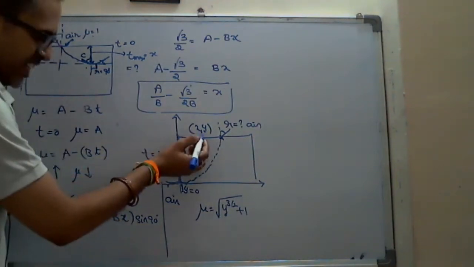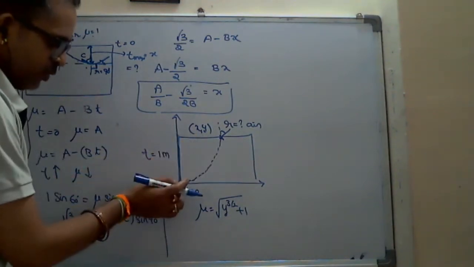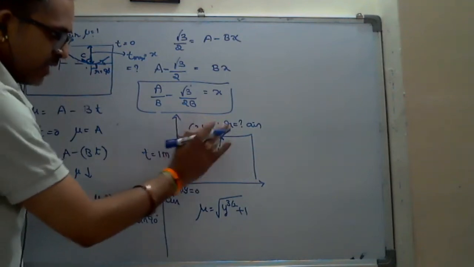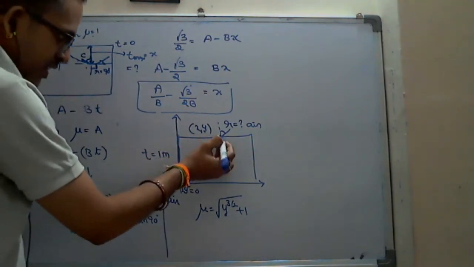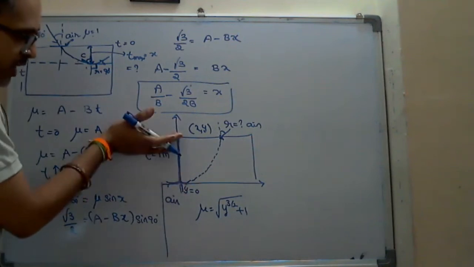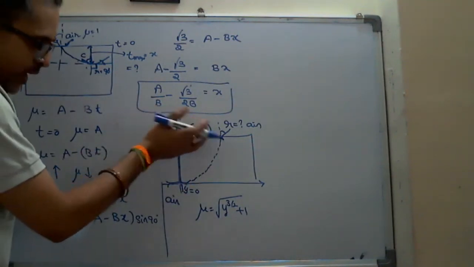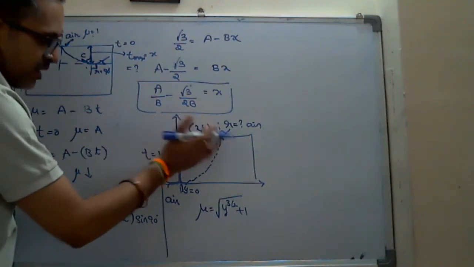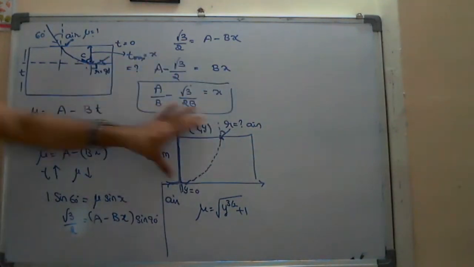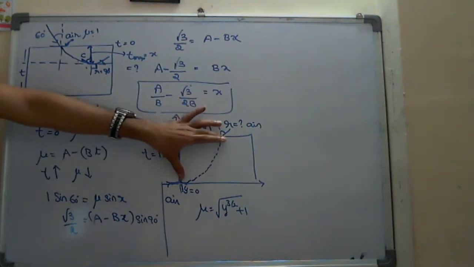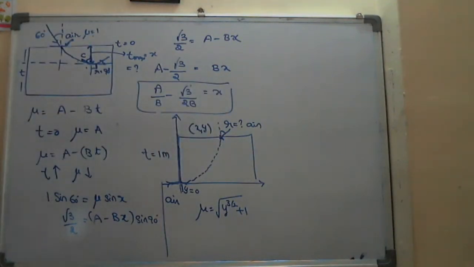To find out the coordinates, the main difficulty here is that we have to find the relation between x and y first. Why? Because he's asking for the coordinates, which means at this point you already know the y coordinate. The y coordinate is 1. So to find x, I need a relation between x and y. That means I have to find whether it is part of a circle or part of an ellipse, either a parabola or an arc, like x square plus y square is equals to r square, or some y and x relation. If you get a parabola type of equation, then you will get the two coordinates.